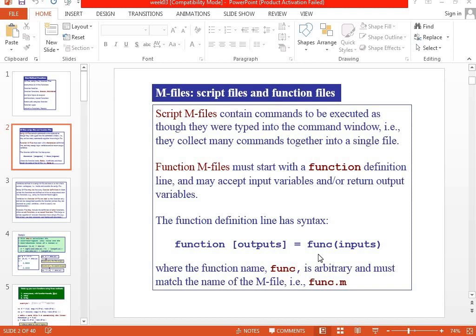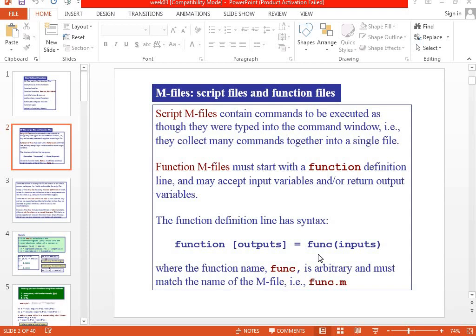So MATLAB allows writing two kinds of programs. In this video lecture, we will discuss script files and function files. Script files, or in other terms M files, are program files with a .m extension. The .m extension is extensively used in MATLAB. In these files you write a series of commands which you want to execute together. Scripts do not accept input and do not return any output. They operate on data in the workspace.